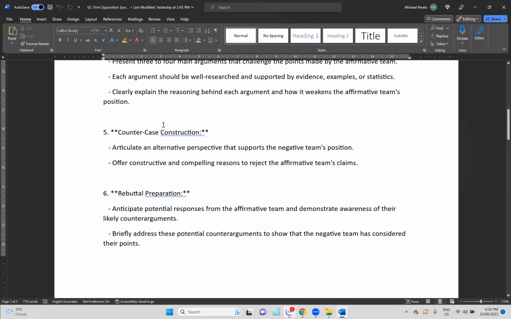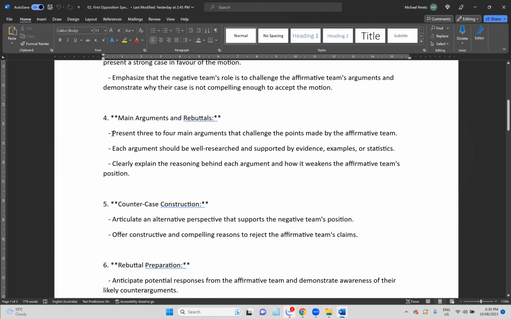And let's have a look here. So we've addressed the main arguments and provided rebuttals for the points made by the proposition team. Again, you should make sure that you've got evidence to back up what you're saying. So find studies, statistics, and all of those good facts to prove your case. Because anyone can say anything and make it sound convincing. So we need to make sure that we've got evidence so no one can challenge us on what we're saying.